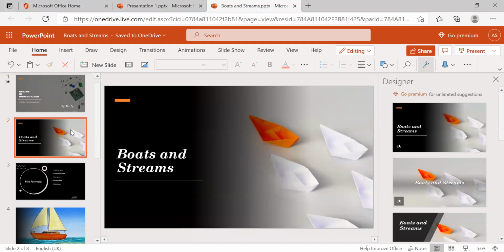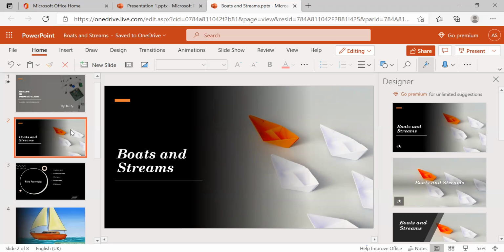Today's topic is also a subtopic of time and distance. To solve these boats and streams problems, you should know the basics of time and distance: how the speed is calculated, how the time is calculated, and what the distance is. The same concept will be applied here also, but in boats and streams, the terms will be changed. What terms will be changed?